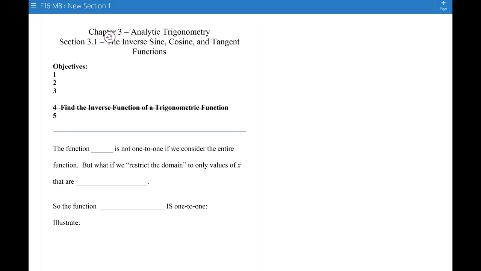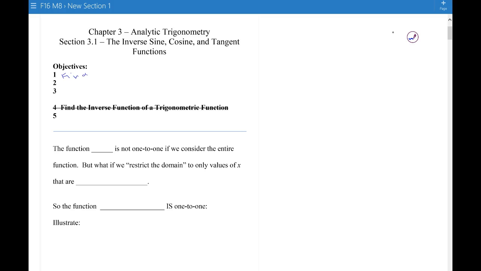So chapter 3 is called Analytic Trigonometry, and this is the heart of what you're going to be needing for calculus, is to be able to use trigonometry. So section 3.1, we're talking about the inverse sine, inverse cosine, and inverse tangent functions, and that's why we reviewed inverse functions last week. So we're going to start by filling in these objectives, and the first one is to